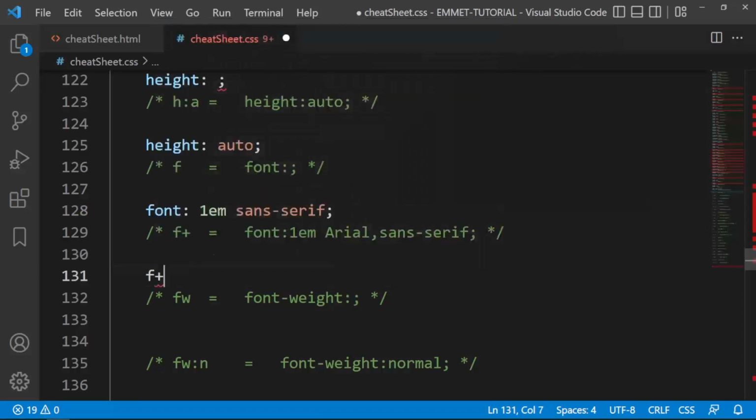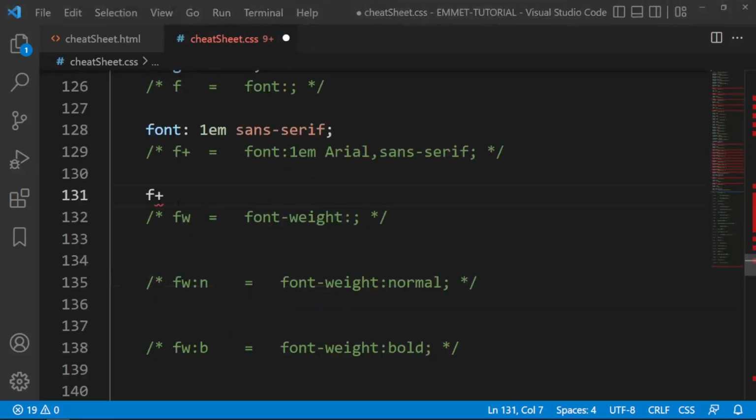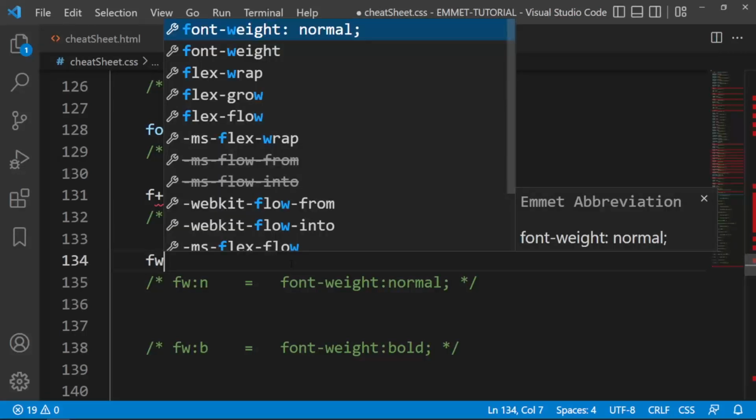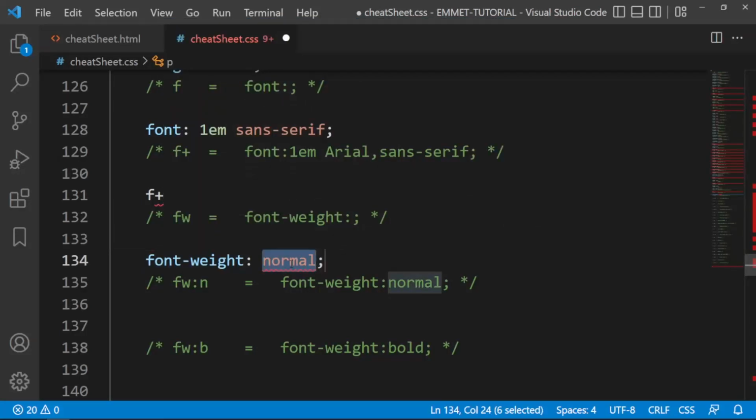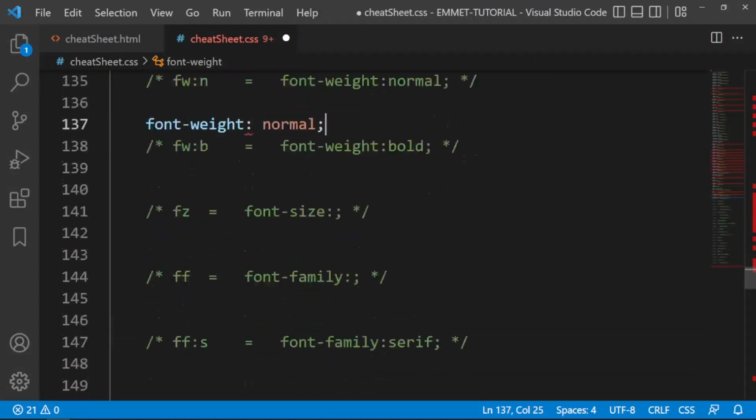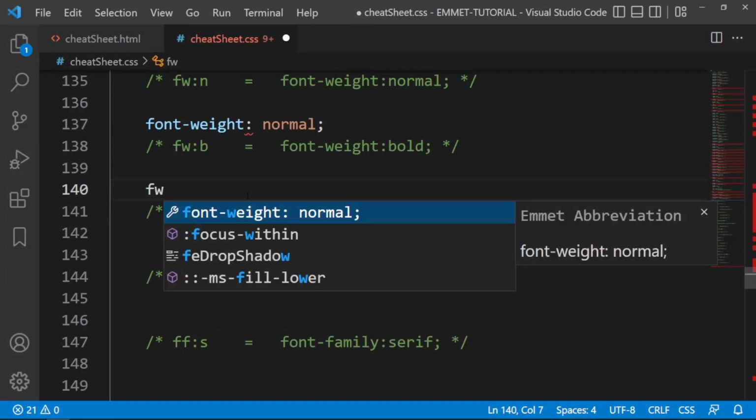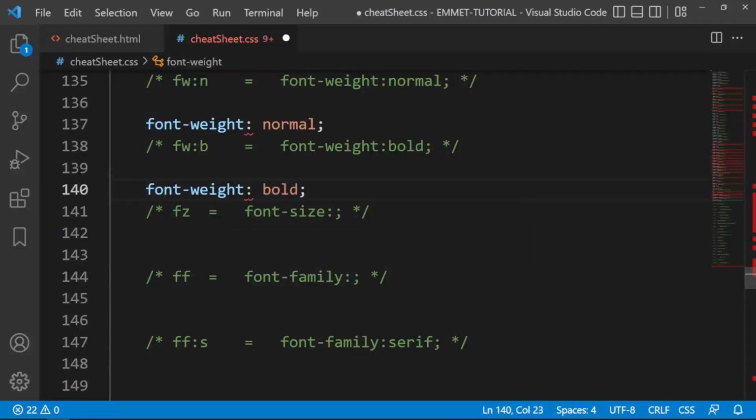Then F plus, I think F plus not working here. I don't know why, but in the documentation it is there. So let's move on. FW, font weight, default value would be normal. Then FW colon N, font weight normal. Then FW colon B for bold,